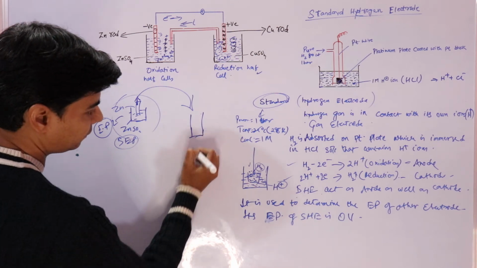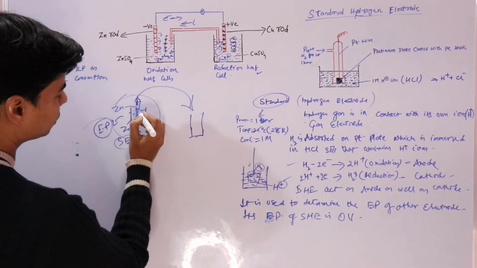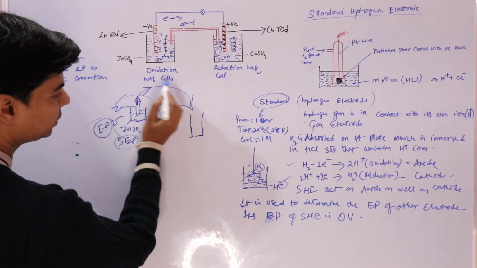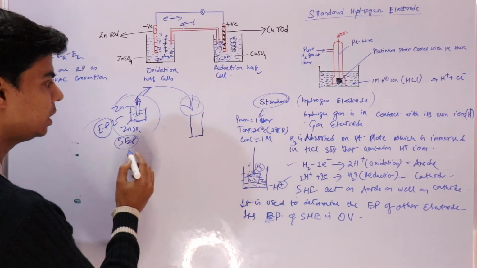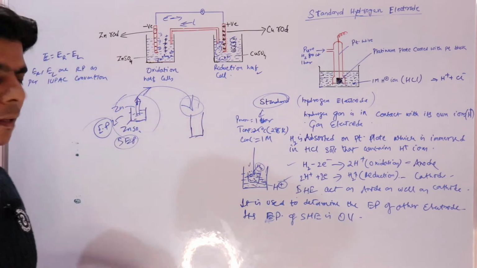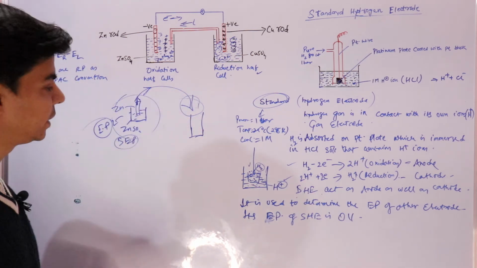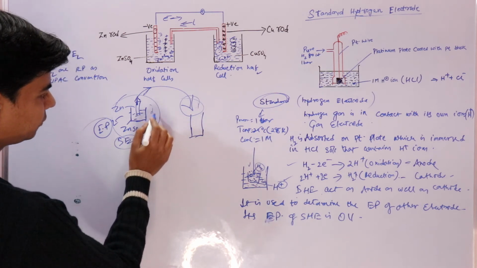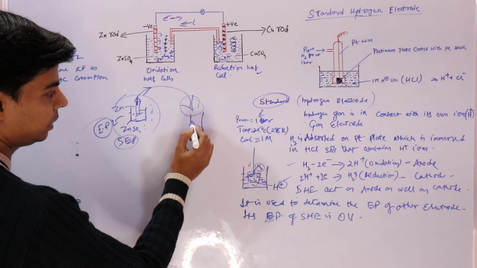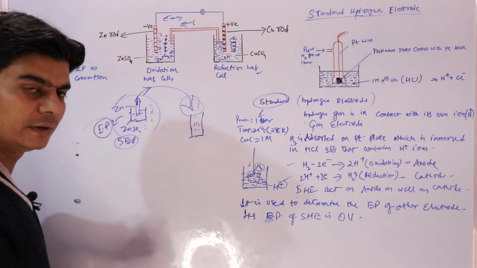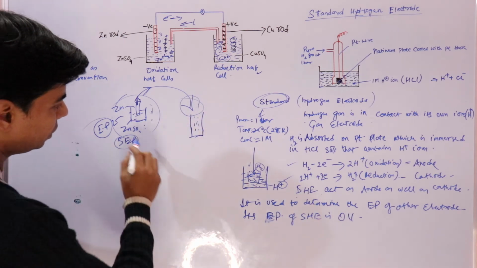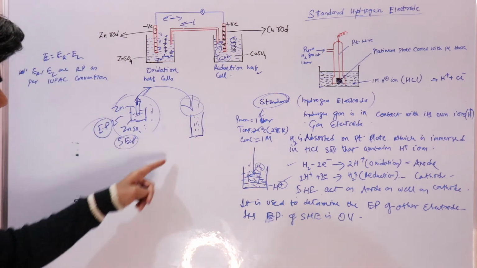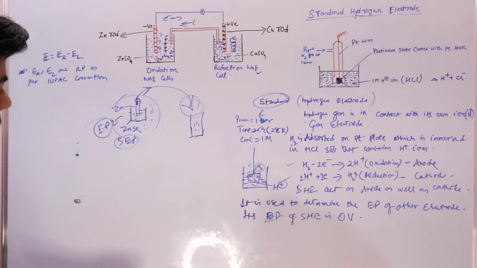when this reference electrode is in place, this electrode can lose electron. If it is zinc, this electrode can lose electron, which would be gained by this reference electrode, so as to complete this redox reaction, right? When there is transfer of electron, some electrode potential would be developed here, and here also electrode potential will get developed, right? So due to the electrode potentials that get developed, we can calculate the value of electrode potential